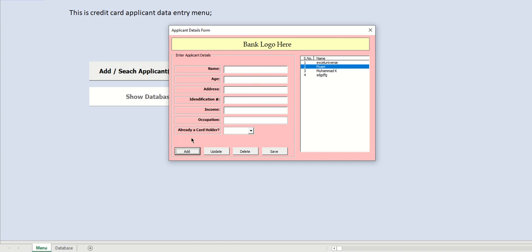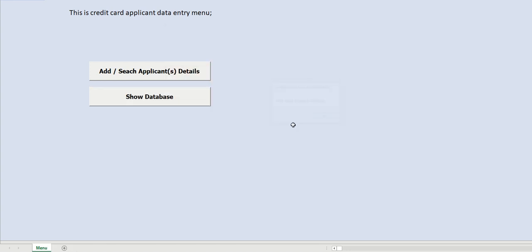That's it. I hope you like this. Now you don't need the second form for searching the data. You just need to double click and you will get the data. Once you have more entries, you will get a scroll here and you can drag the scroll and directly select the name you want to select. Okay, so please let me know if you need anything else for any further